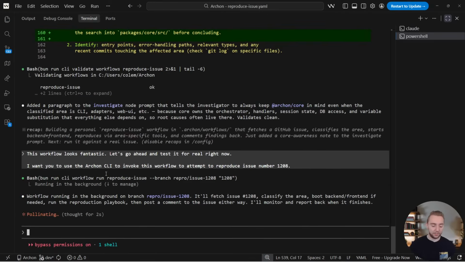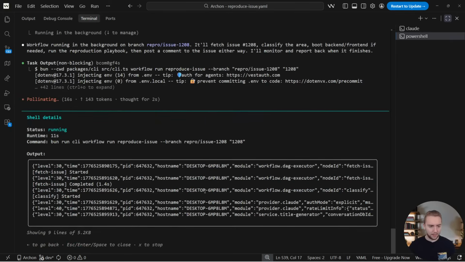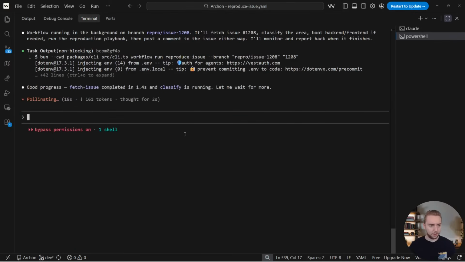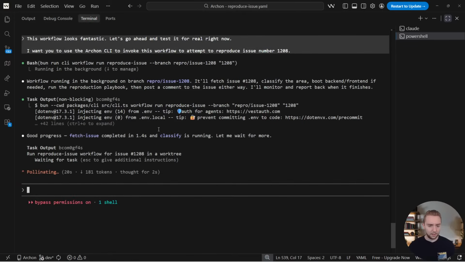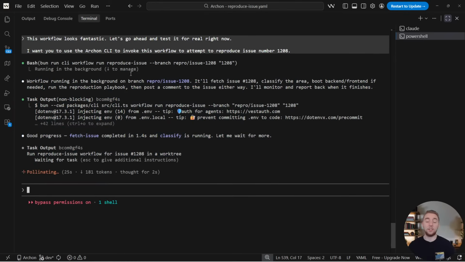All right, there we go. Cool. So we kicked off the workflow. It is now running in the background, so we can see that we have the one shell in Claude Code. And yeah, looks like it is running and looking healthy. All right, and then I can just have my primary Claude Code instance, which this could be your second brain, by the way. Your second brain can invoke Archon workflows in all your code bases, but it's just going to go ahead and monitor this for me.